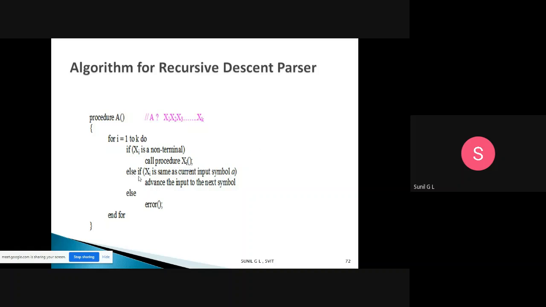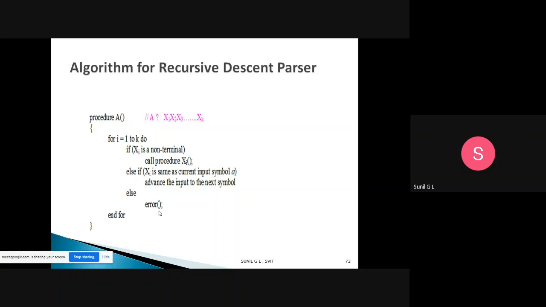Else if xi is the same as the current input symbol, for example a small a, and the next input is also a small a, then there is no need to write anything; you advance the input to the next symbol. Else, you report an error.